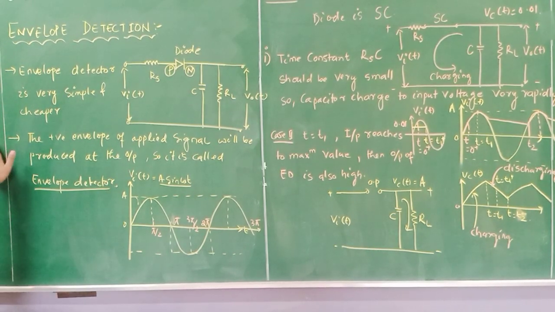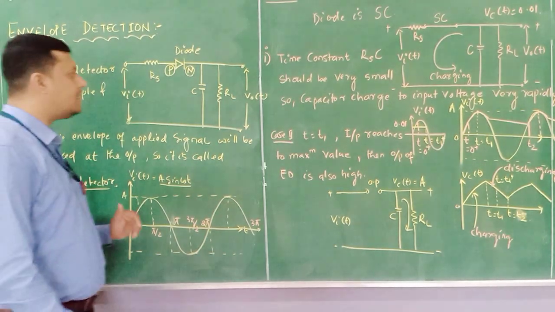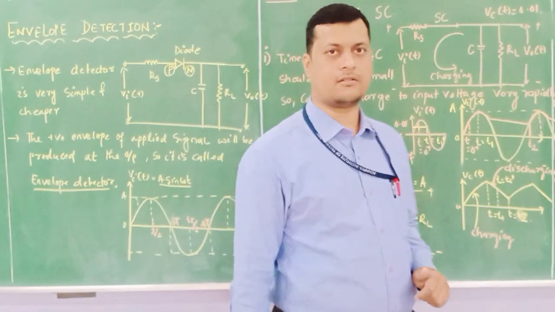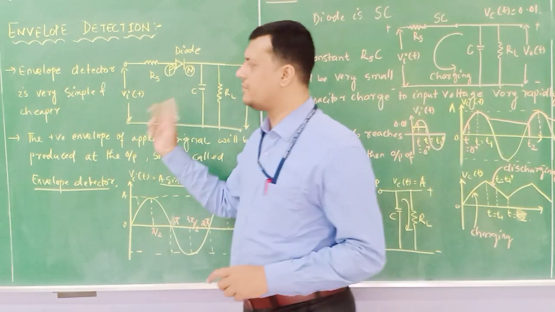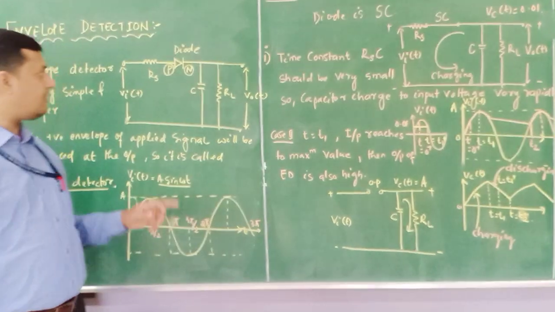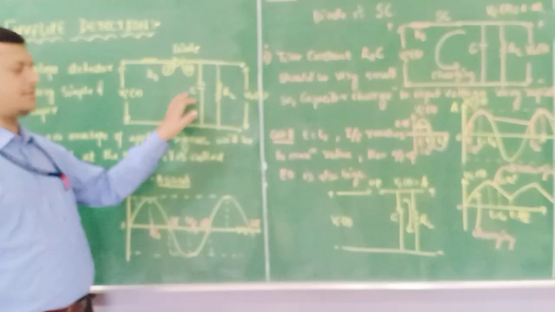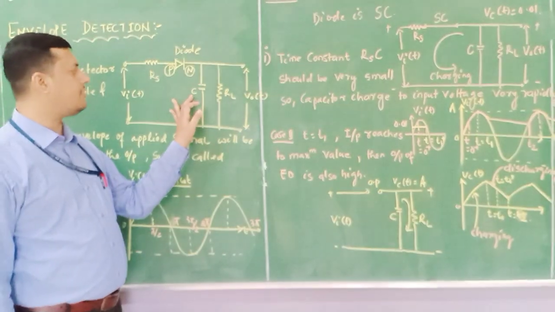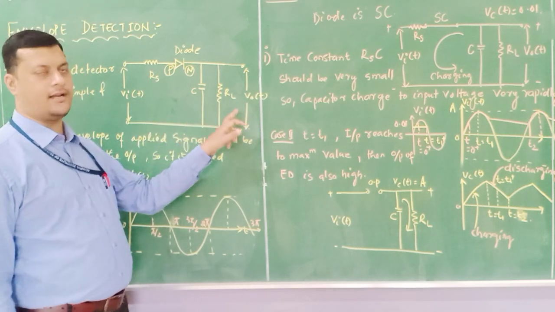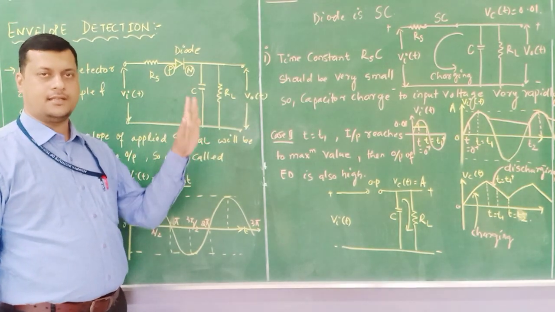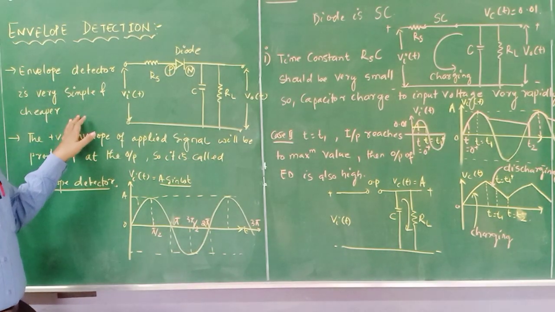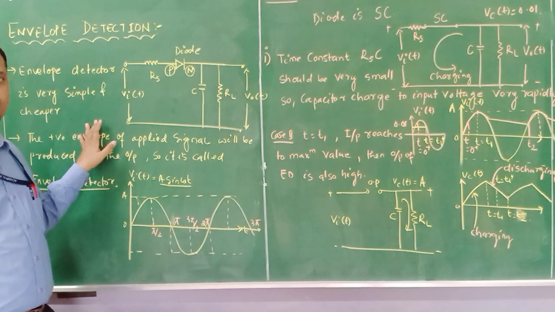So now we are going to discuss this envelope detection. This diagram is quite similar to your square law demodulator, but the working principle of this envelope detection depends upon the time constant. Time constant based on this Rs with respect to C, and the time constant with respect to C and RL. Now why we have chosen this RL, C and RL, we will discuss in our derivations step by step. But the first thing is that the envelope detection is very simple to design,